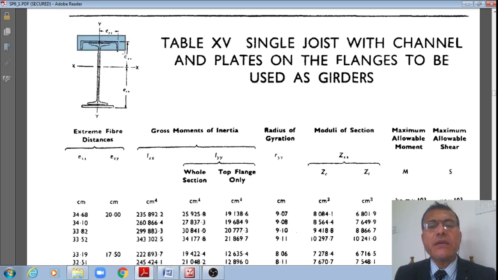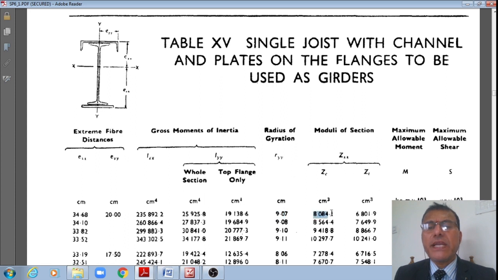This top flange only, what is highlighted here, is only that much part, including the rolled steel flange of the rolled steel beam section. This, what I am highlighting here, is equal to 19,138.6 centimeter to the power 4, and the radius of gyration about the minor axis is equal to 9.07 centimeter, and